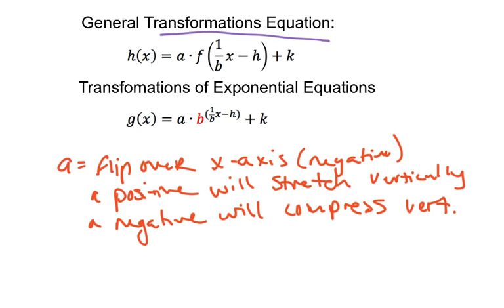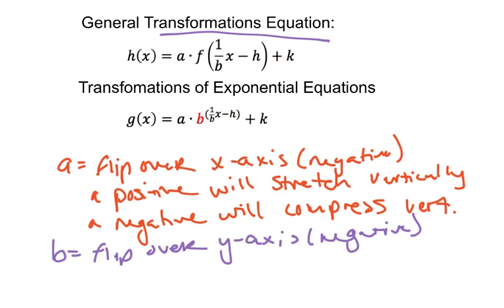Then we have our b values, and so our b value, again, if it's negative, it's going to flip it over the y-axis, so left to right. And then, as we talked about when we were learning this, if b is positive. Sorry, I'm getting my positive and negatives with fractions and whole numbers mixed up. So what I meant to say is that if a is greater than 1, it will stretch it vertically, and if a is between 0 and 1 as a fraction, it will compress it